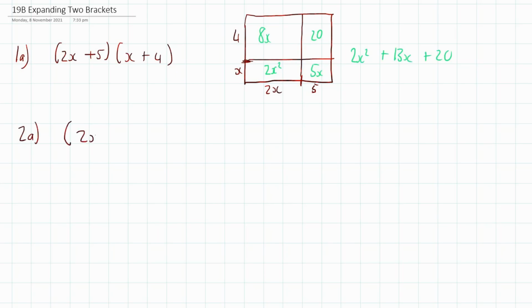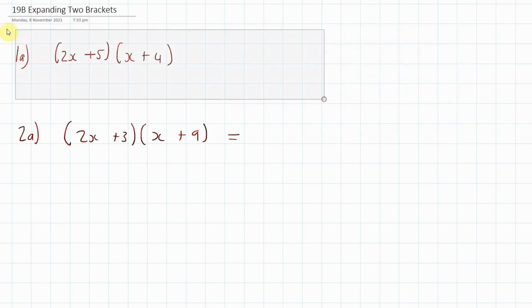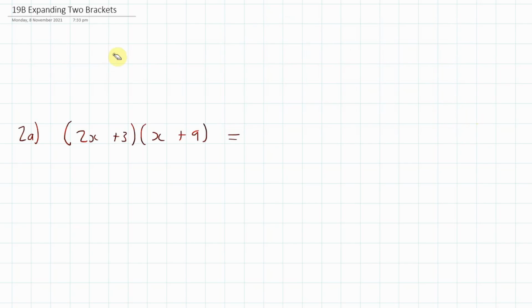So in 2a we've got 2x plus 3 bracket x plus 9, and we want to expand that. Okay, so we're going to use FOIL. Let me just clear some space here, and we'll write up here FOIL. So FOIL: F, O, I, L. Firsts, outers, inners,